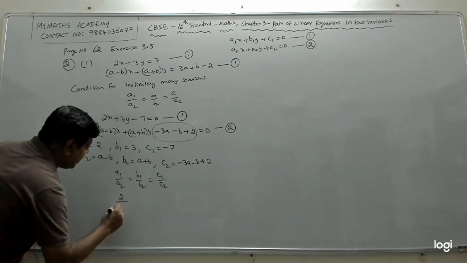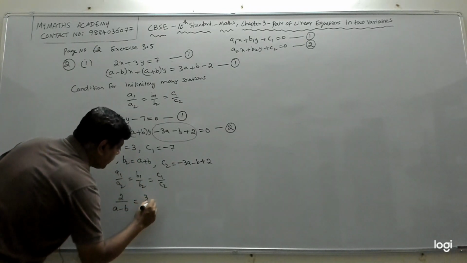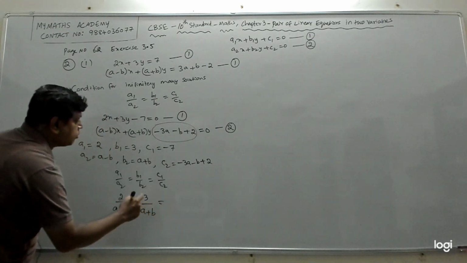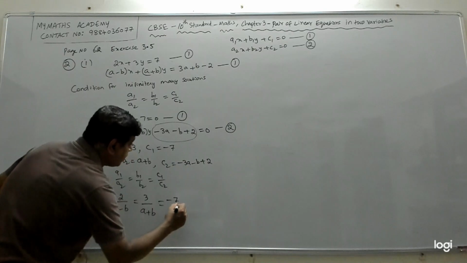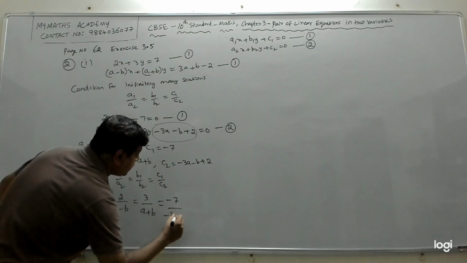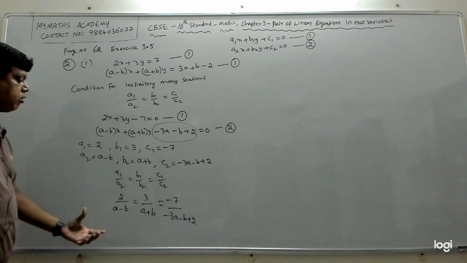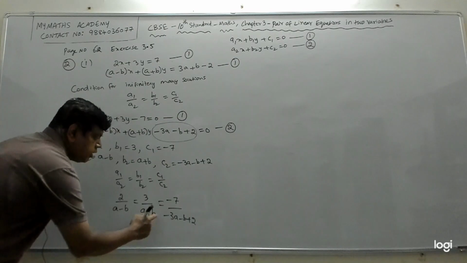a2 is a minus b equal to b1 is 3 by b2 is a plus b equal to c1 is minus 7 by c2 is minus 3a minus b plus 2. Now we should solve these and find the value of a and b, which means whenever you have three ratios,